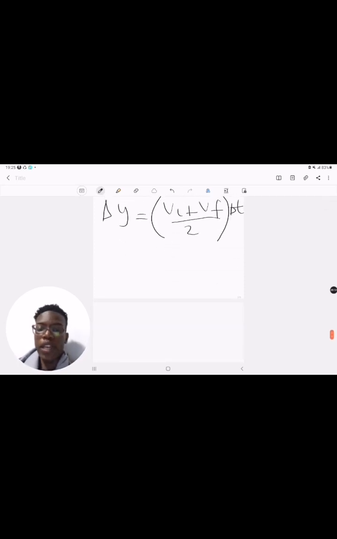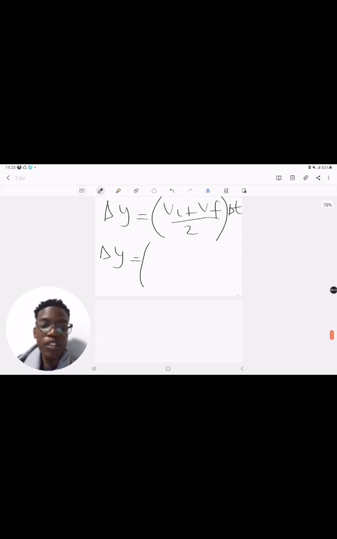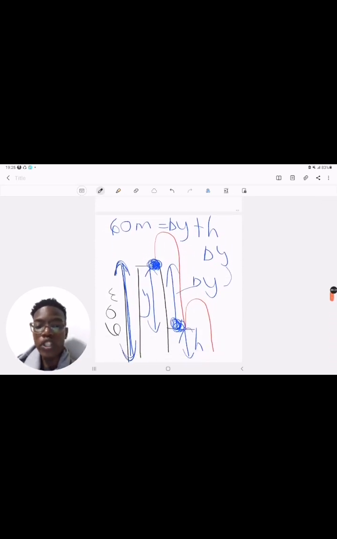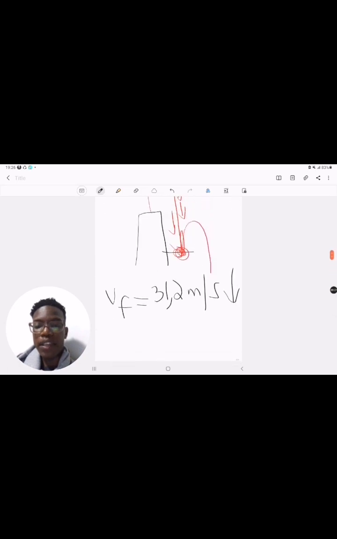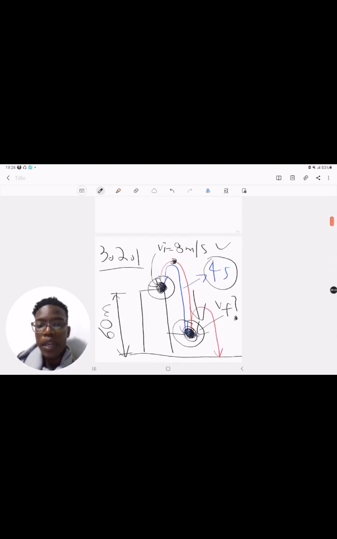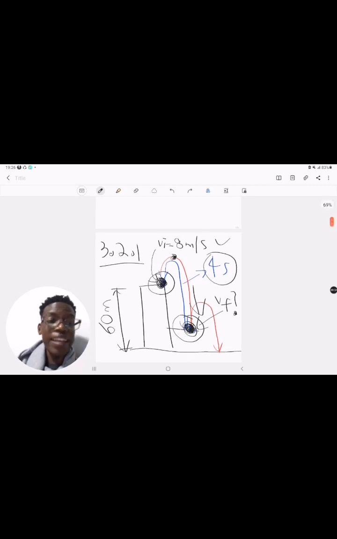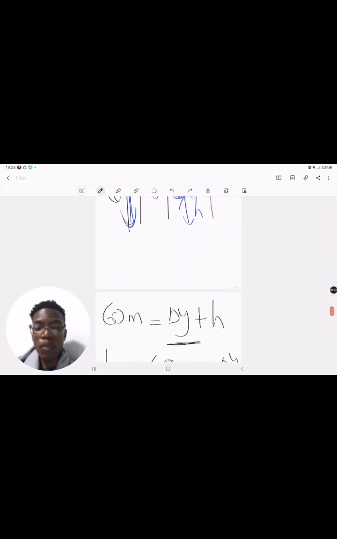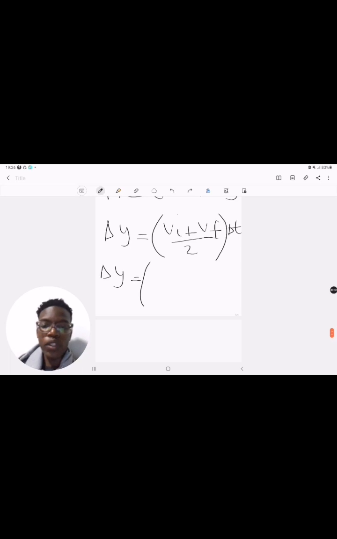Okay, so what is my delta y? Delta y is what I am looking for. I don't have it. Okay, what is my Vi? My Vi is 8 meters per second. It's been given to me in the question, right? 8 meters per second. In the original question, that is the initial velocity that was given to me. So I am going to say 8 meters per second, right? Plus, because there's a plus there,